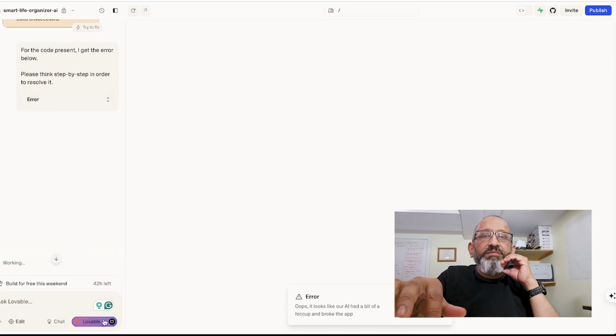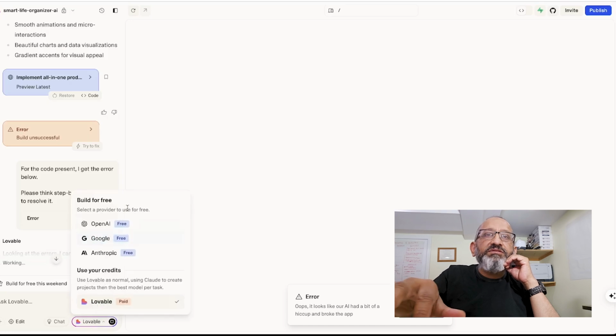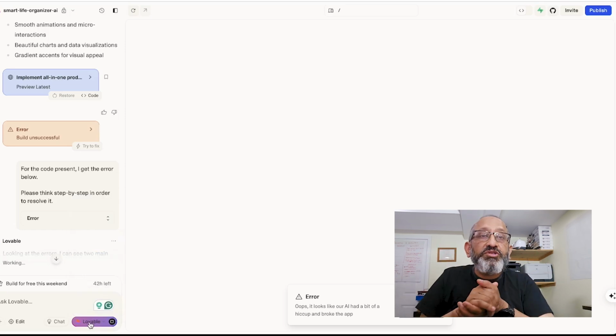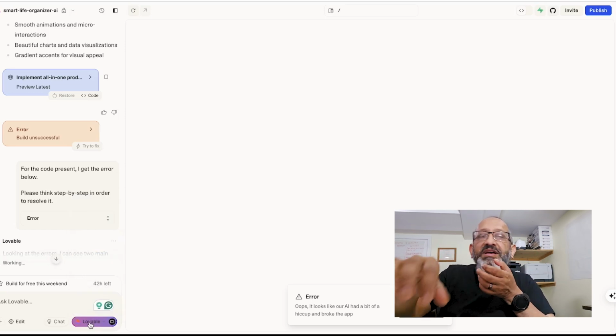Now, if you notice that Lovable has a prompt here on the bottom right, it actually allows you to pick and choose. If you don't pick and choose one, you can actually let Lovable choose it for you on your behalf. Typically, I let Lovable do it, but for the competition, if you choose Claude, build it. If you choose ChatGPT, build it. And you can choose any three of them, and the Google, which is the Gemini. So Anthropic is the company for Claude, Google is the company for Gemini, and ChatGPT is basically, the name of the company is OpenAI. So you can pick and choose anything that you like.